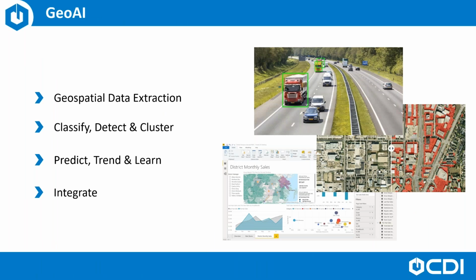So CDI can guide you through this fast-paced world of AI within maps, even by developing machine learning algorithms inside and outside of your GIS application, largely to extract geospatial data, detect, classify, and cluster features, trend, and predict what's coming down the pipeline. This may very well be data that came out of a Laserfiche document, refined by an AI algorithm, and pushed into a geodatabase behind ArcGIS. Think automatic extraction of addresses, GPS coordinates, boundary descriptions for polygon generation, right from Laserfiche into your GIS application.